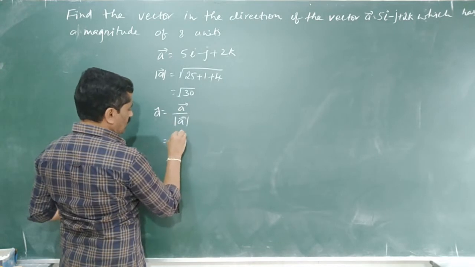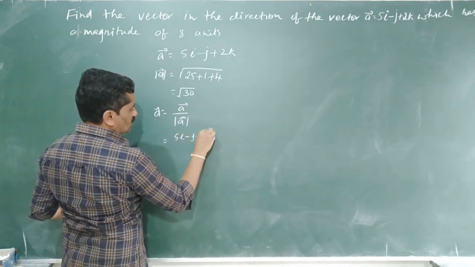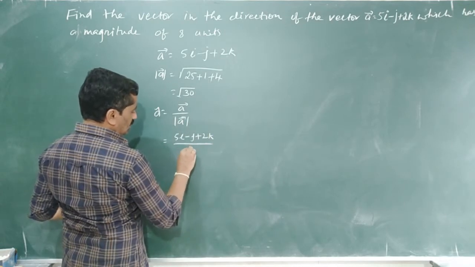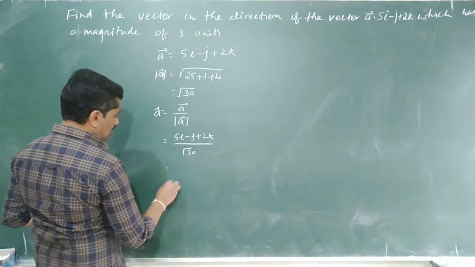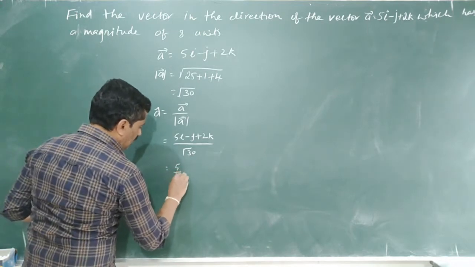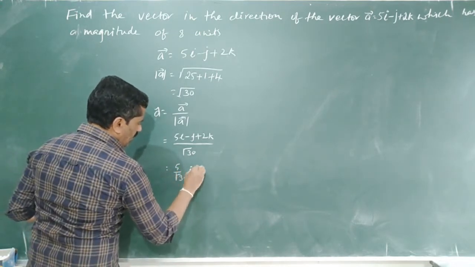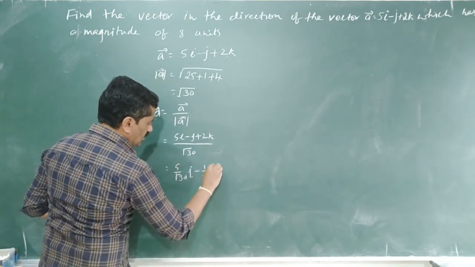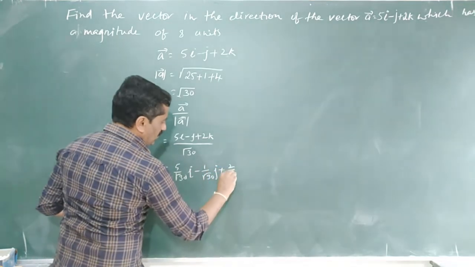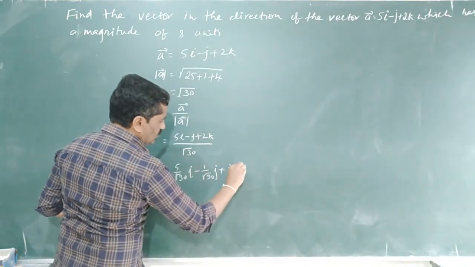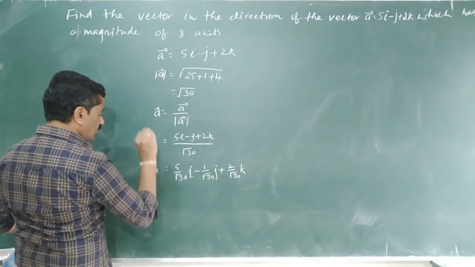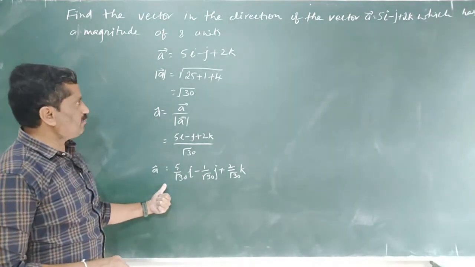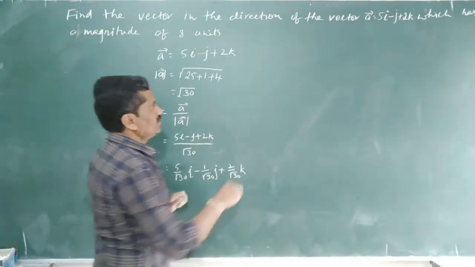We have (5i minus j plus 2k) divided by the magnitude of A bar, that is root 30. That can be written as 5 divided by root 30 i minus 1 divided by root 30 j plus 2 divided by root 30 k. So this is a unit vector, but we need to find the vector. Now multiply this unit vector by the given units. Therefore the required vector